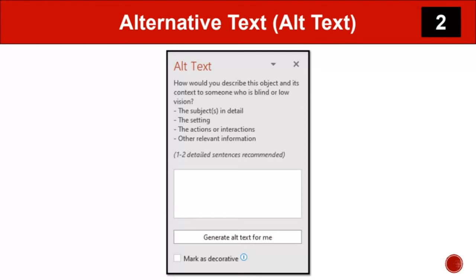Whenever you have pictures, you don't need to include the word image or picture in this description because a screen reader will announce that it is an image or a picture. So you simply need to describe the picture without using the words image or picture. If your picture does not have a meaning, then you can simply click Mark as decorative. If it's just there for decoration, then you can mark that picture